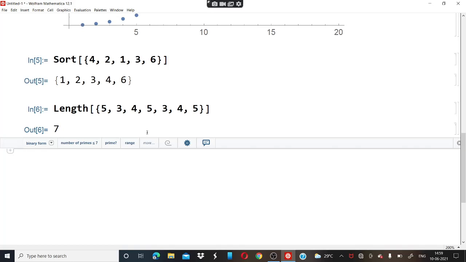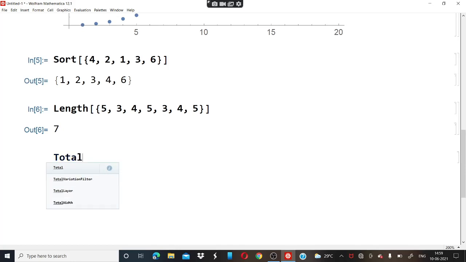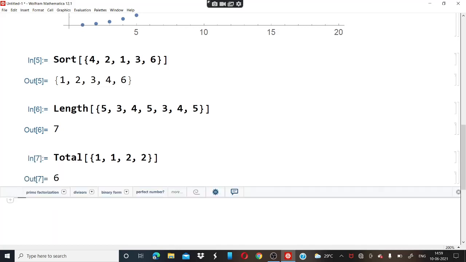Now total gives the total from adding up a list. So if we have elements in a list and we want to calculate its total, that is the sum. So what we are going to do is we just write total, and we will use the brackets and write the given input, that is 1 comma 1 comma 2 comma 2, and we will close both the brackets and press Shift and Enter, and it has given this 6, that is 2 plus 2 plus 1 plus 1, that is 6 here. So in this way all these operations do their own work.